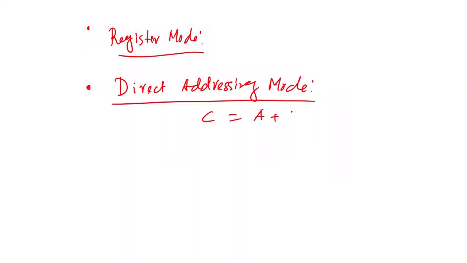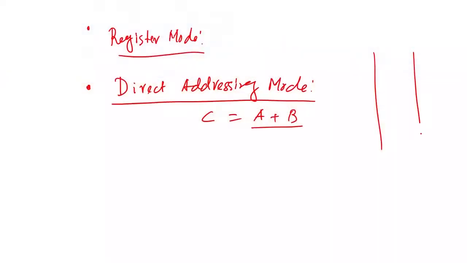Direct addressing mode means, like I say, C equal to A plus B. So, the actual operand is in the location of A and B. Let us say you have a memory here. A is nothing but a memory location, B is nothing but a memory location, and you want to add 7 and 8. In the earlier case, the operand was given directly in one of the two operands' values. Here it is given in the memory location.